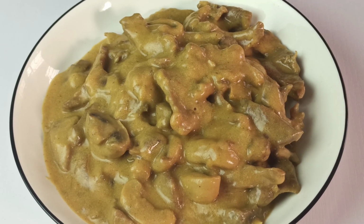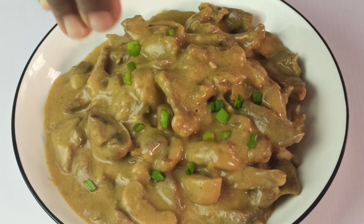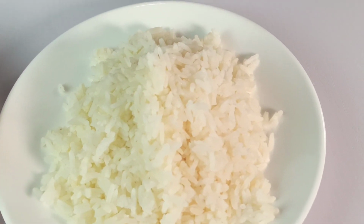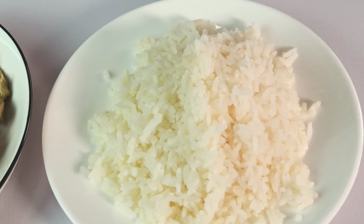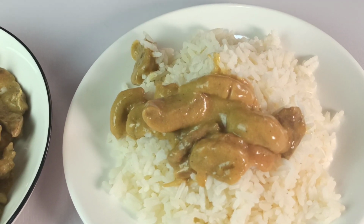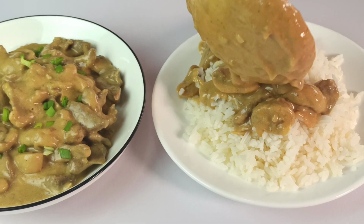You can garnish this with some finely chopped chives or parsley. Beef stroganoff goes well with boiled rice, pasta, and mashed potatoes. Guys, I have my boiled rice right here with me, so I'm just going to serve this over the rice. This seems to be very creamy and delicious, and I hope you try out this simple and easy beef stroganoff